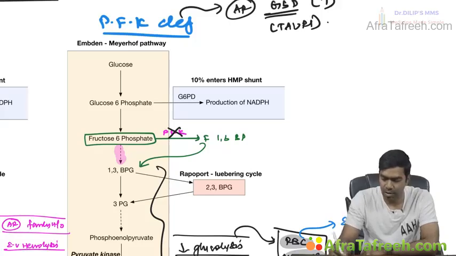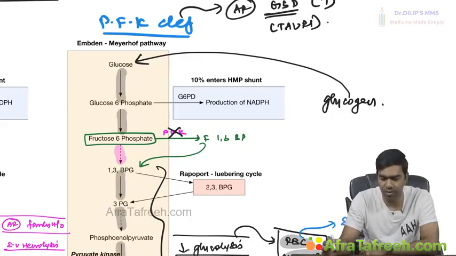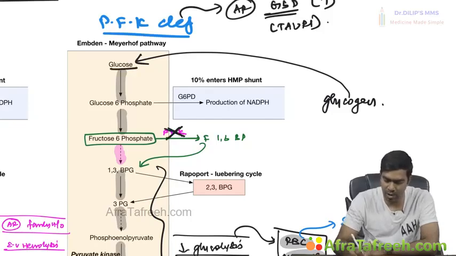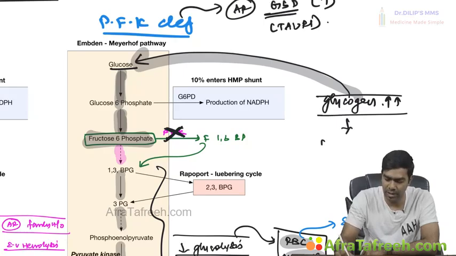You have a process called glycogenolysis. Glycogen will be converted to glucose by a variety of steps, and this glucose will be used by the muscle for energy by subsequent processes. If glycogen can convert to glucose, but there is a block in the phosphofructokinase step, this glycogen conversion to glucose and subsequent movement will be blocked at the fructose 6 phosphate step itself, which means the glycogen cannot break down any further and the glycogen levels will start increasing